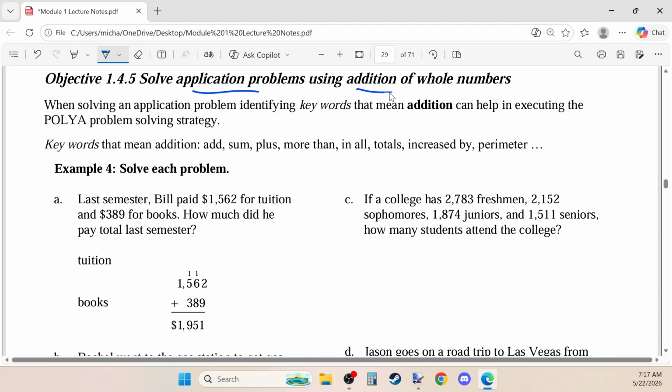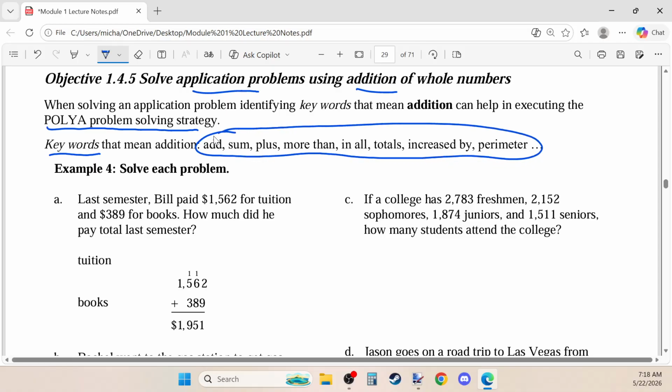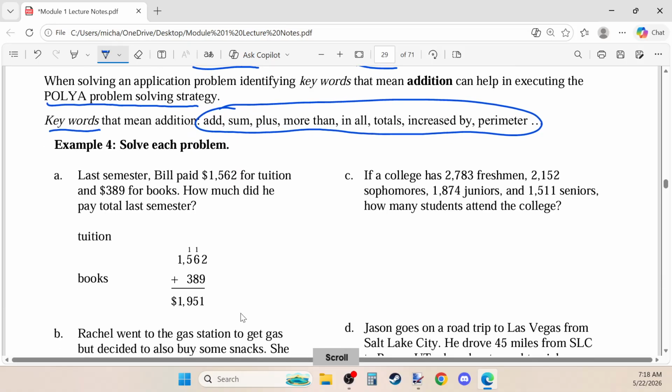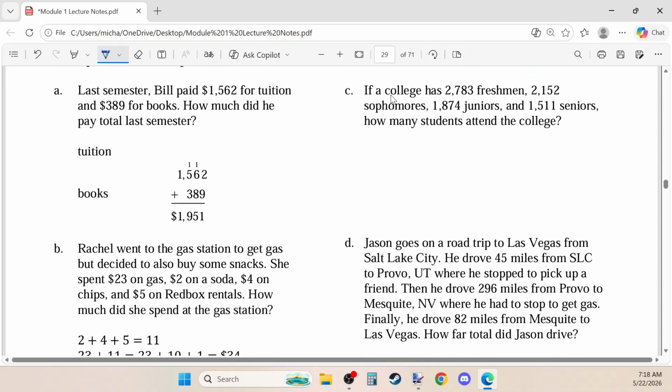Application problems using addition of whole numbers. So it says here, we're going to use our problem solving strategy and our keywords. These are all words that mean add. We're going to solve these problems like that. If a college has this many freshmen, this many sophomores, this many juniors, this many seniors, how many students attend the college? So from this one,